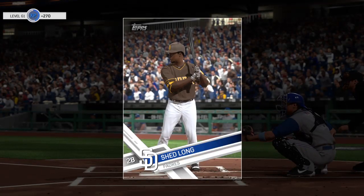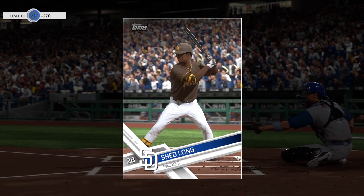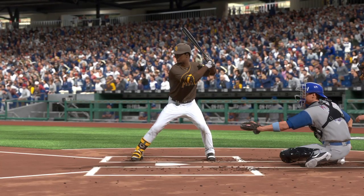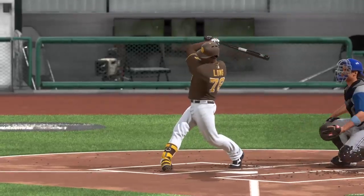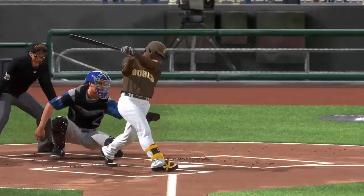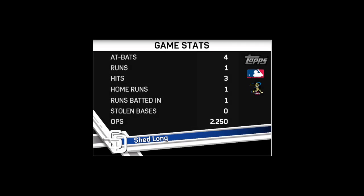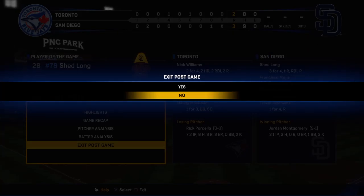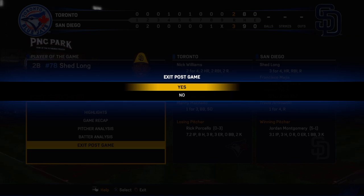Not a lot of runs put on the board in this one, but here's a guy that found a way to make a difference. He's the top player of the game. Yeah, no question. He was a tough out up there. Ended up collecting 3 knocks, including a home run. So without him in the lineup, I think this might have been a different story. The final line score of our ball game tonight for the victorious